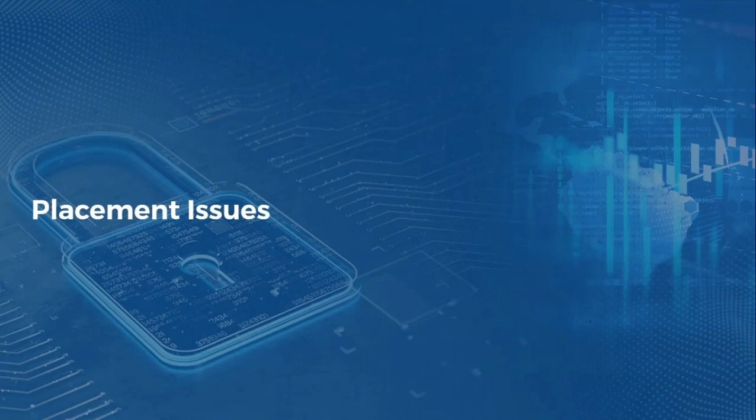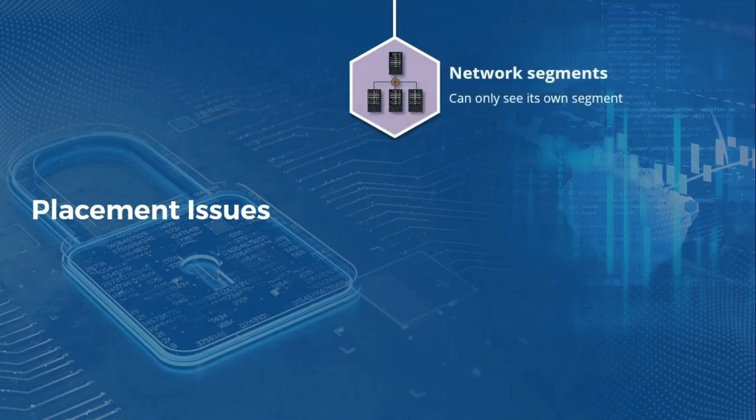Now, placement issues. You need to understand that intrusion detection and prevention systems can only see their local network segment. What that means is you either have one on every network segment, or you have traffic forwarded to where the IDS IPS is through something like port mirroring, or you put sensors in each network segment and they forward the traffic to a single IDS IPS. Either way, these usually cannot see beyond their own network segment. Keep that in mind when you're deploying.